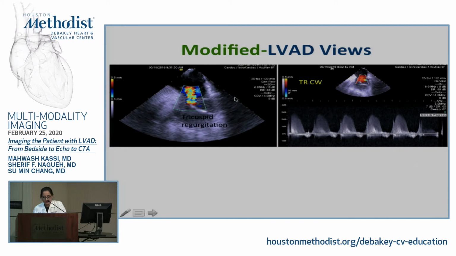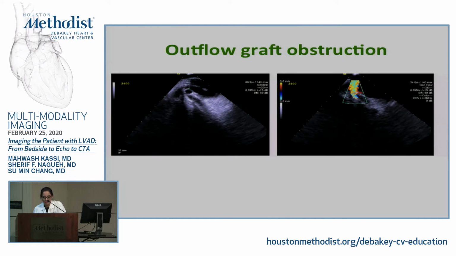And this is tricuspid regurgitation. Again, the degree of tricuspid regurgitation, the RV, and the RV function is important. And this is an example of how the outflow graft, I don't think we can ever see the outflow graft this well on echocardiogram. Although now that I've looked at some of the other images from some other centers where they've tried some off-axis imaging of the outflow graft, maybe we can try to get these into view